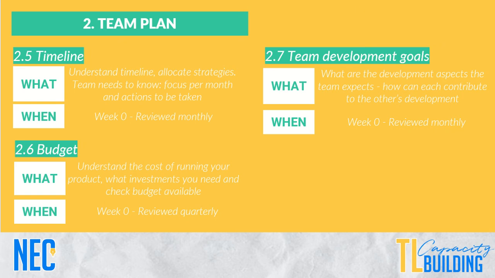You can establish the timeline. For the budget, you as a team leader may also be allocated some budget for your team. So you need to understand what is the cost of running your product and what investments you can do. This is something that you will see in regards to each entity and to each local reality, because maybe your teams will not have a budget specifically. You can talk with your VPTM and your VP Finance to understand this part.